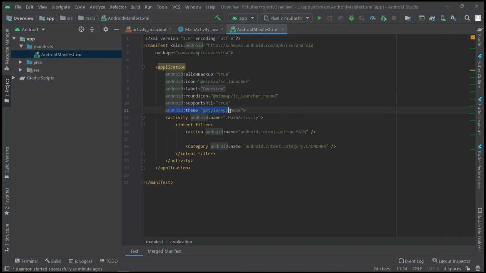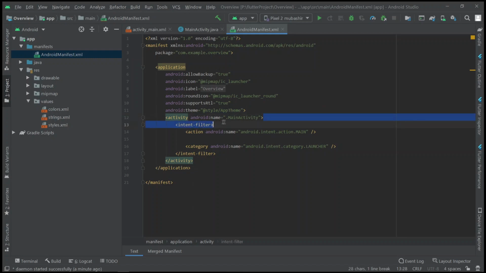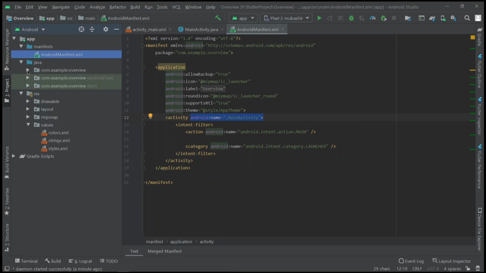Okay, and this is the theme of your app. You can change this here, in values and styles, right? In here you can change your theme, and we have only one activity, right? So that's why here we can see main activity. And okay, so now let us go to Java here, and in the first one, main activity.